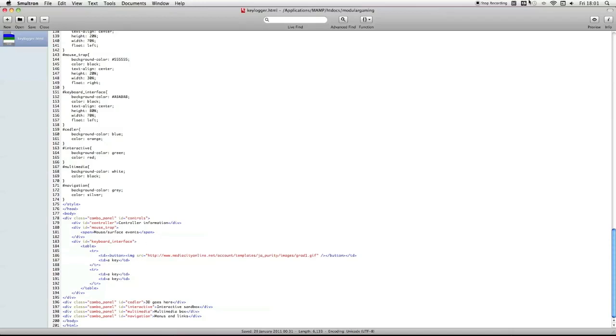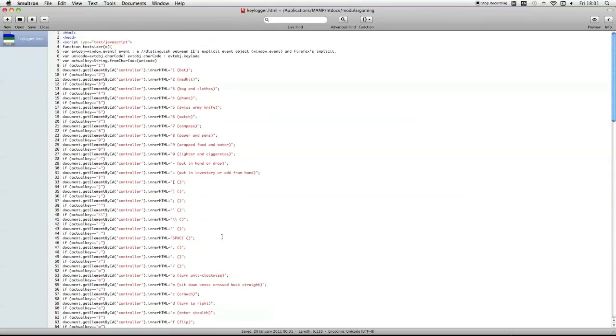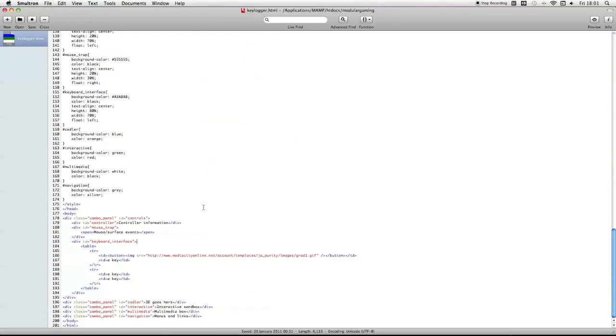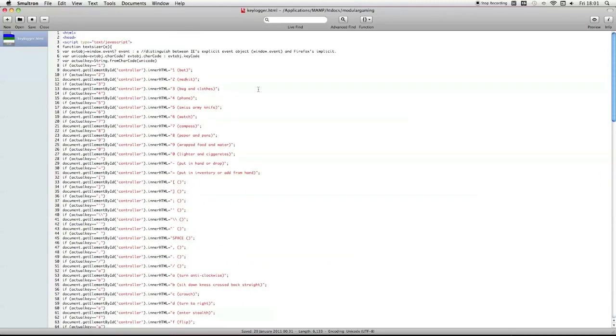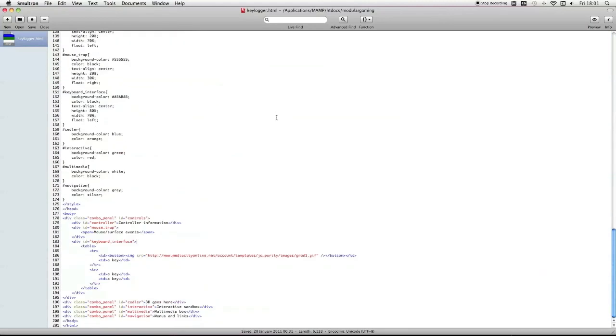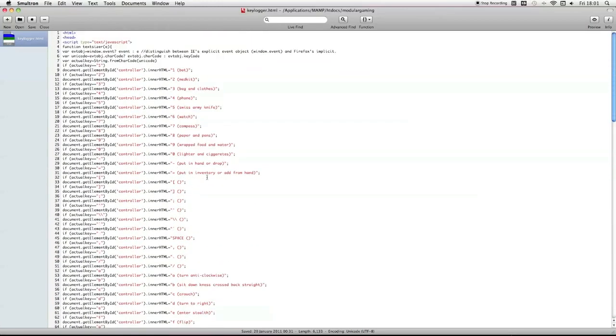So I'm just going to stop the tutorial there, because that's just the introduction. I'm going to go into the coding of the keyboard in the next tutorial, and after that I'll be doing the mouse and mouse gestures. So I've put them all in the playlist, so if you just want to check that out, it should be all there,